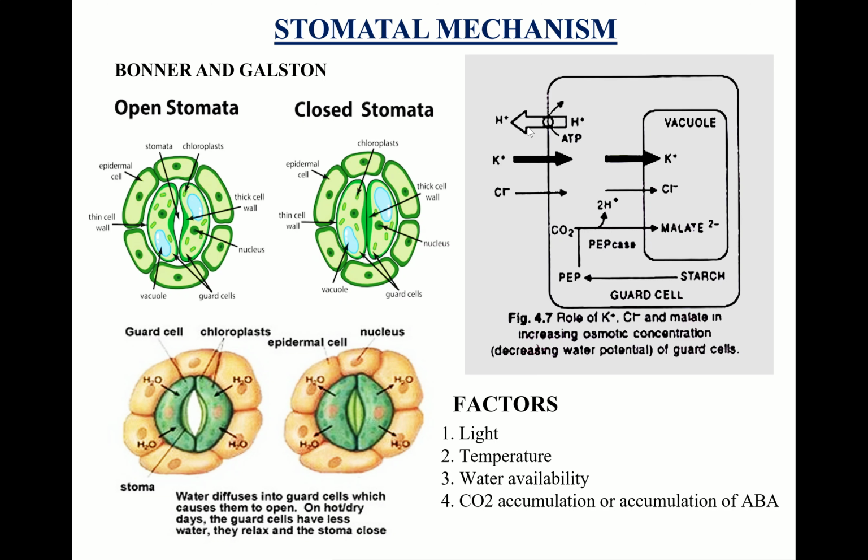If K plus ions, which are positively charged ions, enter the cell, and chlorine also comes inside the cell, and carbon dioxide is converted into malate ion, then the presence of K plus, chlorine and malate, all these three,